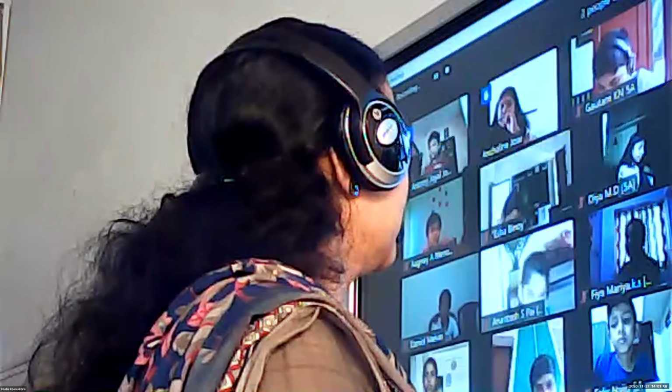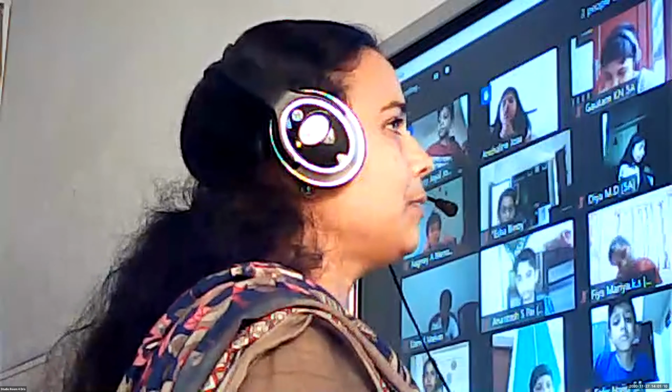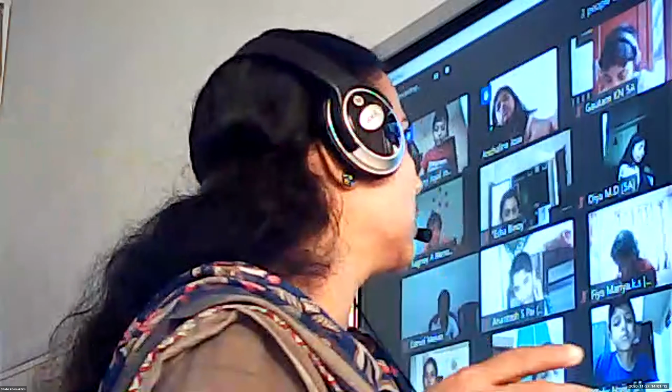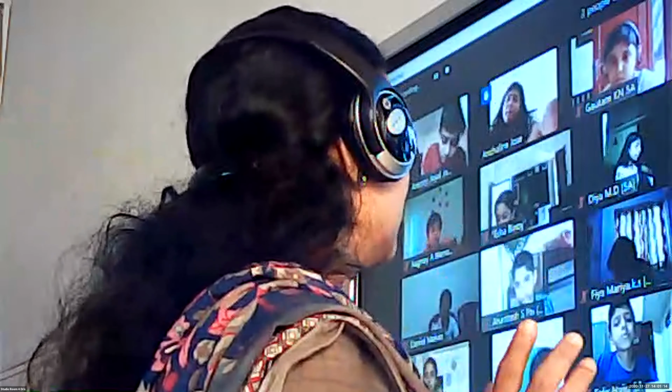Ma'am, but when we look at the factors by writing all the factors, we don't get it. But when we write the multiples, we get the common multiple as 42, right? Yes, we will get common multiples. Sometimes we have to write more to get the common multiple. That's the only difference.